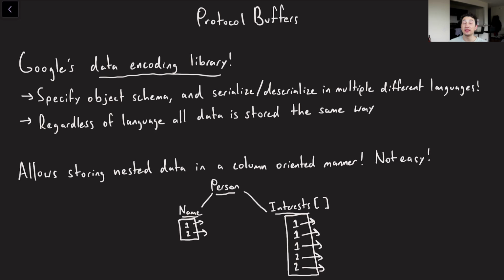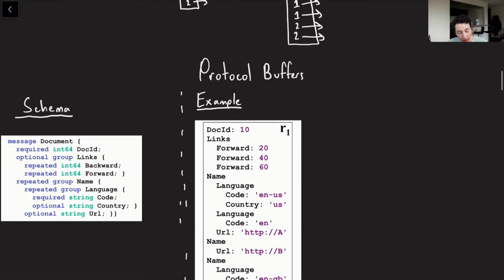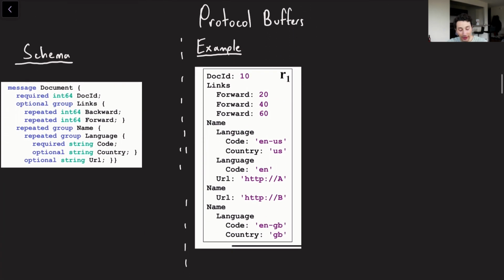I'm going to try and cover it to the best of my abilities, but truthfully, they don't do a great job of explaining it in the paper, and so I, in turn, am also not going to do the most fantastic job of explaining it. Nonetheless, I'm going to give it an attempt, and if you don't get it, I always link the paper so you can try and reference it yourself, but frankly, I don't know if it's going to help you that much more. Cool. So let's take a look at protocol buffers.